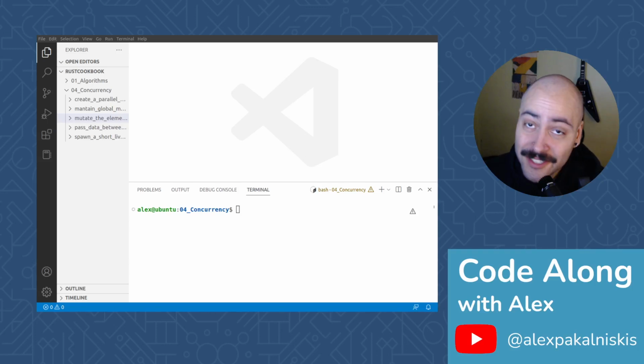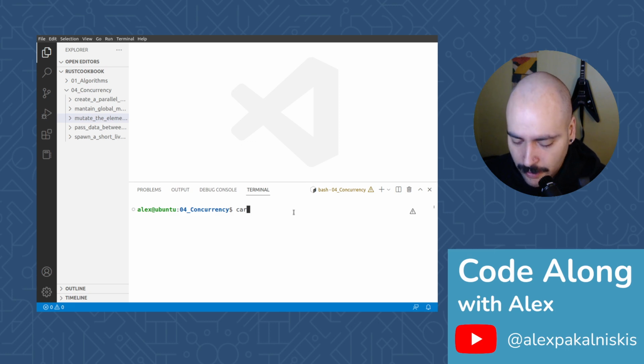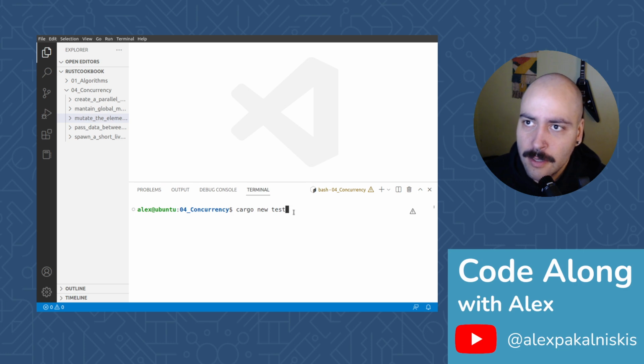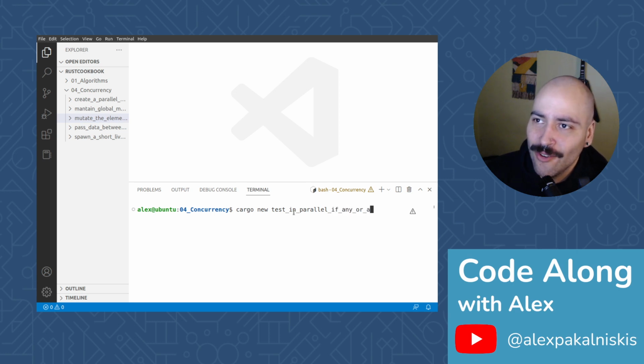I'm Alex. This is Code Along with Alex, and let's test in parallel if any or all elements of a collection match a given predicate in Rust. I'm going to start off by creating a new cargo project, and then I'll do a little reading, and then we'll get into coding. So I'm going to give this an obnoxiously long yet descriptive name. Test in parallel if any or all elements of a collection